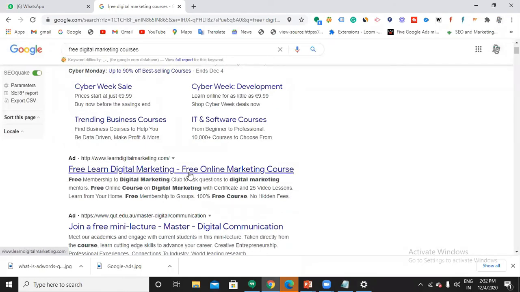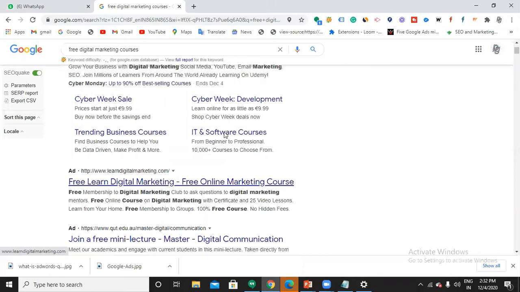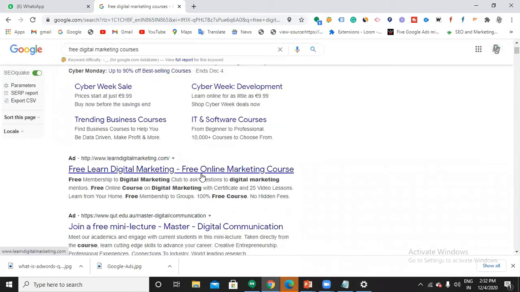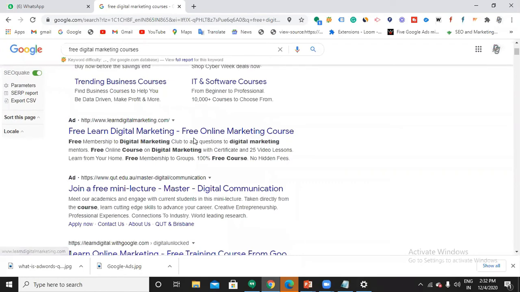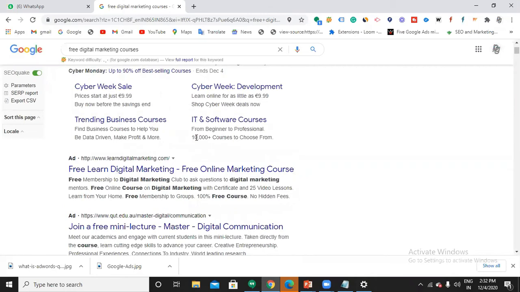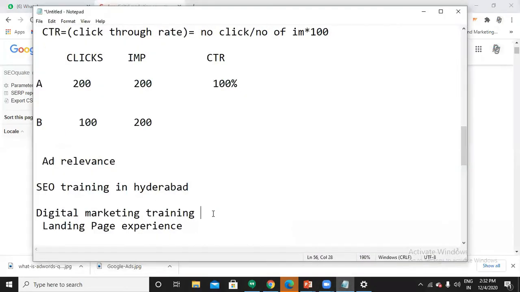Yes. So which ad is more relevant? The second one. So here udemy.com is getting an impression but no clicks, whereas this website will get clicks out of good impressions. Who has a good CTR here? The second one, right? So this is how your ad relevance has to be.